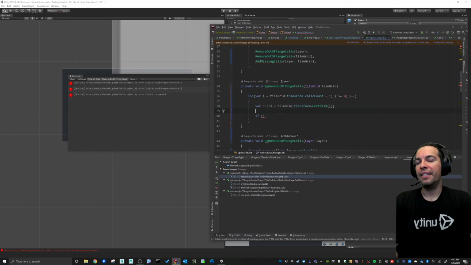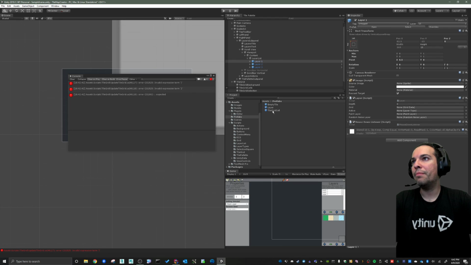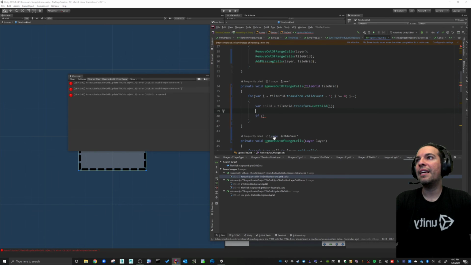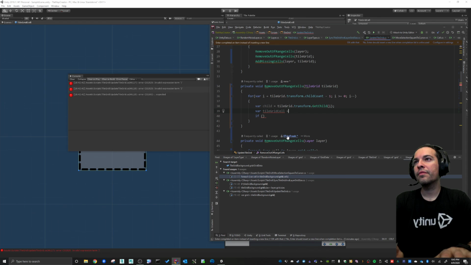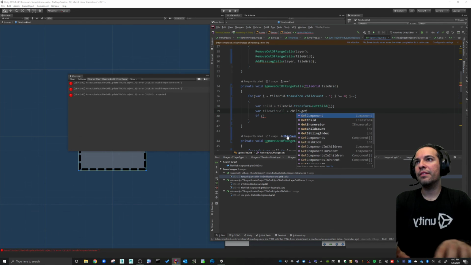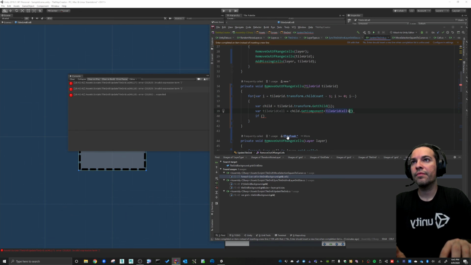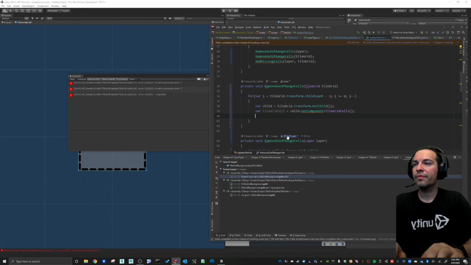You don't really see it here. So we'll have the cell, which is this prefab, where you'll have a tile grid cell script. And that tile grid cell, if tile grid cell,